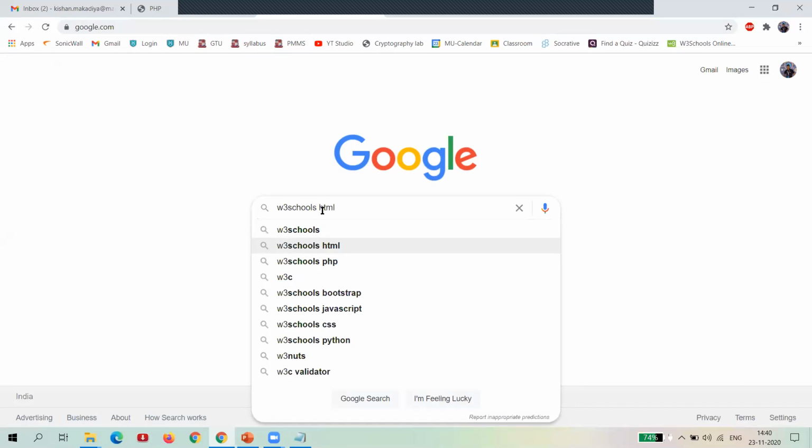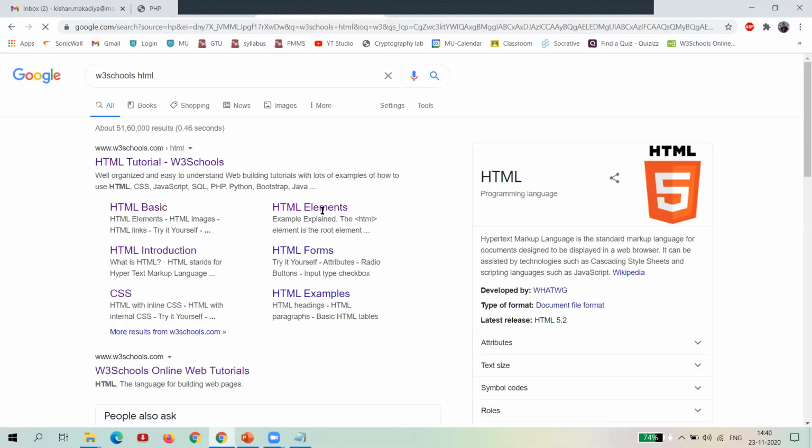Again, I repeat, you can also do it on a mobile. It's not an essential requirement. If you have a laptop, you can do your HTML tag practice. If you have a smartphone, an Android phone, you can also do it. You just open Google in your mobile browser, then search W3Schools HTML, and go to the first result,